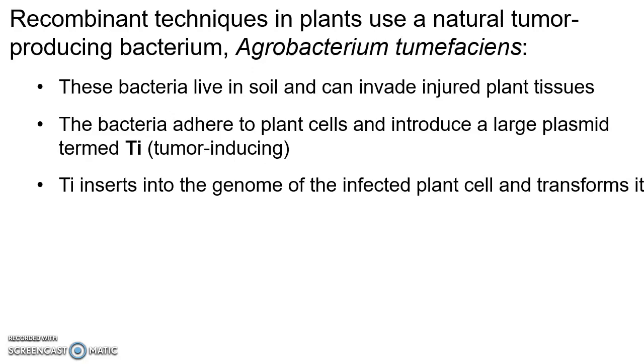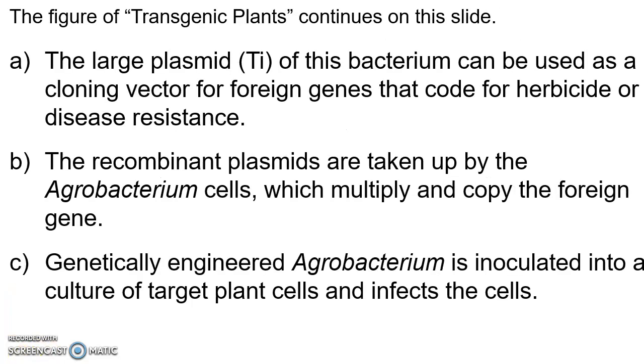That Ti plasmid inserts itself into the genome of the infected plant cell and transforms it so that it will translate the sequences in that DNA. So even though the Ti plasmid is naturally harmful to plants,